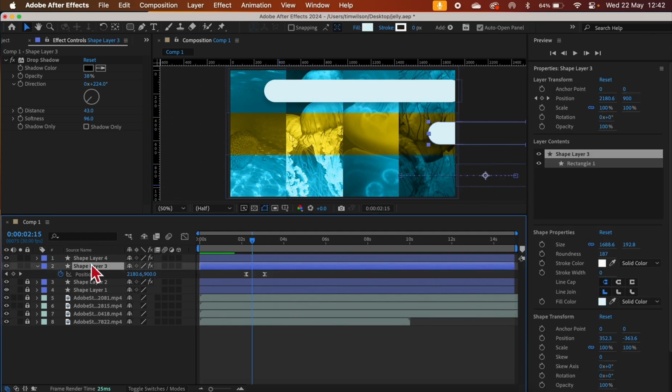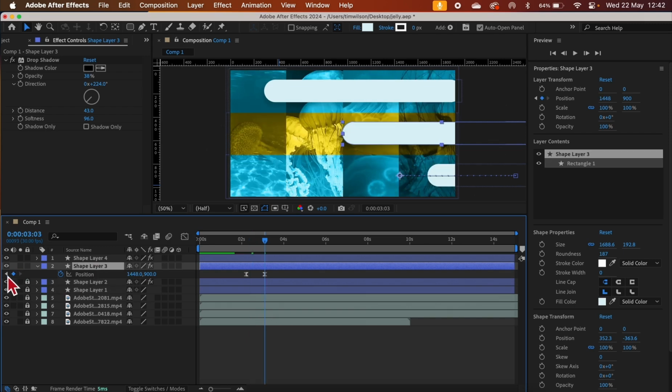Once again, I'm going to press P to go in. I'm going to use the little arrows or J and K, and then I can either click and drag to move this across, or I can go to my position over here and I can move it into the right position over there. I think that's a little bit better. And my last one, so I'll lock that one down,